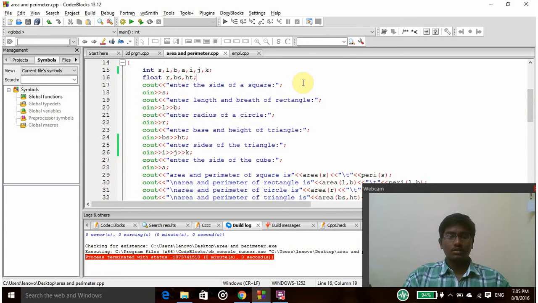The cout statement is used to print on the display screen, and the cin statement is used to take a particular value. So here it is asking to enter the side of a square, the length and breadth of the rectangle, the radius of the circle, the base and height of the triangle, the sides of the triangle, and the side of the cube. According to these data types, these values will be taken inside by using the cin statements. And then